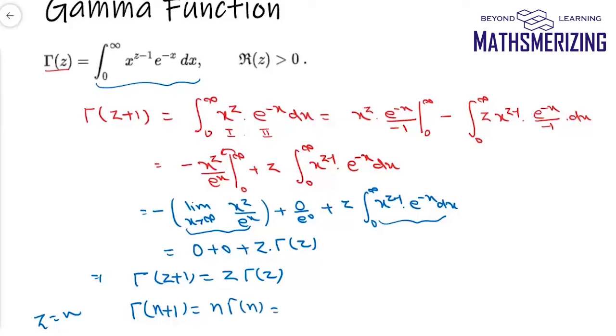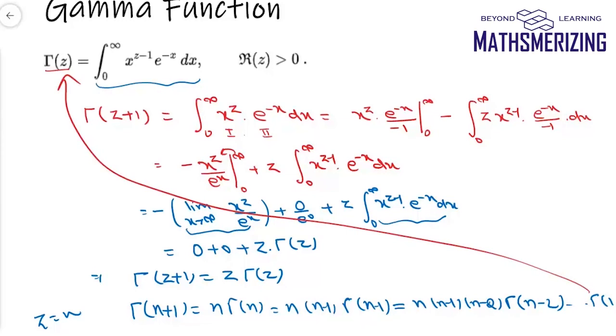Now I can write gamma n as again n minus 1 into gamma n minus 1, and then I can also write it as n minus 1, n minus 2, and this is gamma n minus 2. It will continue up to gamma 1. Now what's gamma 1? For gamma 1, all I need to do is put the value of z as 1. So if I put the value of z as 1, I can write gamma 1 as